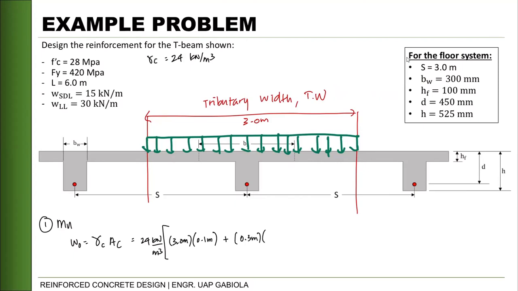And then yung height natin will be yung ating total height, which is yung H natin, minus yung base ng flange. So that is 0.525 minus 0.1 meters. Okay? So yung ating self-weight will be,